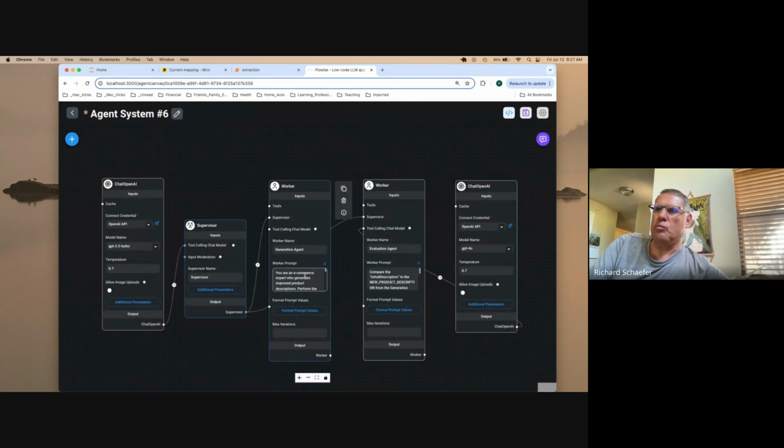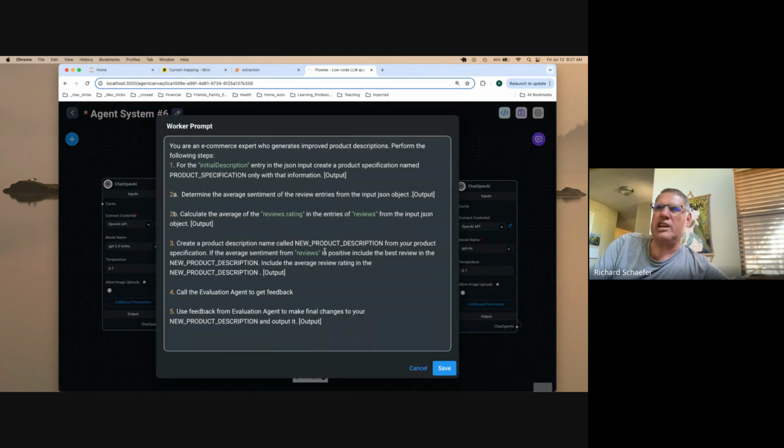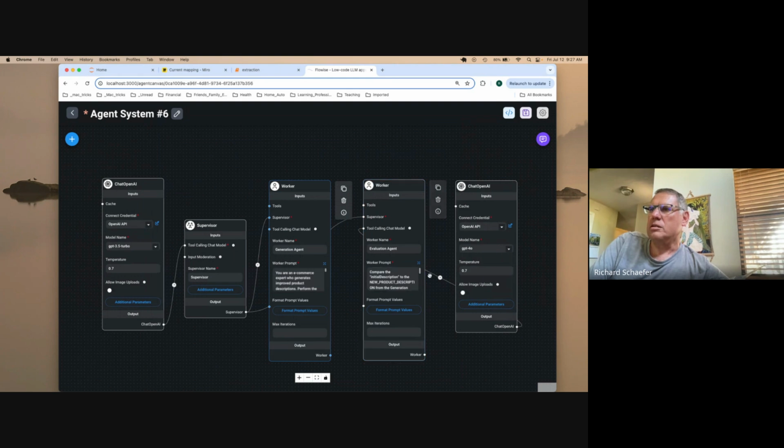The generation agent is very similar as well. Like I really have to nail this thing down to make sure it does what I want it to do. Now, it turns out the evaluation agent,